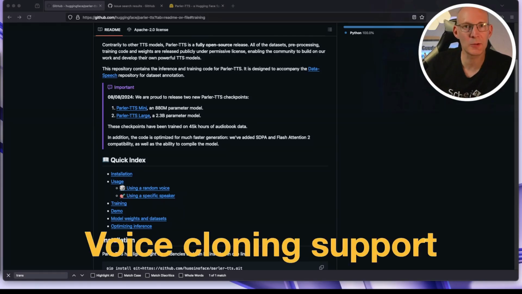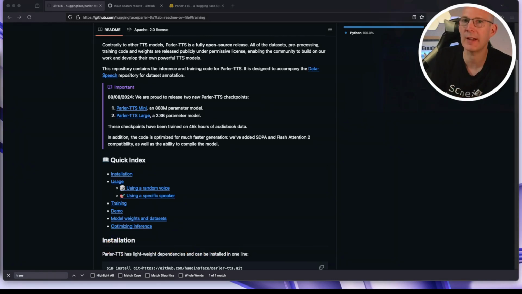Can Parler be used to clone or fine-tune your personal artificial text-to-speech or TTS voice? From what we have seen so far, you can add a prompt, or you can design a voice output or interpretation of a voice by prompting. But can I use Parler TTS to create my personal voice clone? And from what I have seen so far, I would say yes. And again, please correct me if I'm wrong in the comments, because if we take a look at the README,